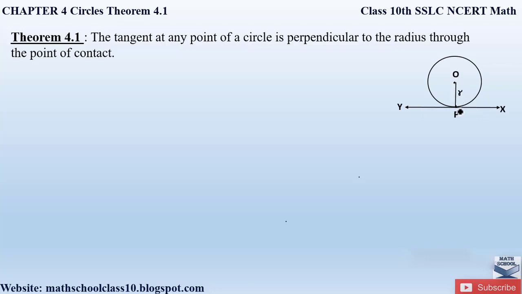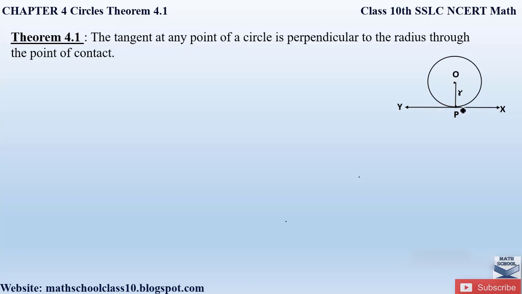When we prove any line to be perpendicular, that means that line is the shortest distance from its starting point to the ending point. Here the starting point of the radius is the center of the circle and the end point is at the point of contact. This is the shortest distance, which is nothing but the radius. So here we have to basically prove that this radius is the only shortest distance between the center and the point of contact at the tangent.